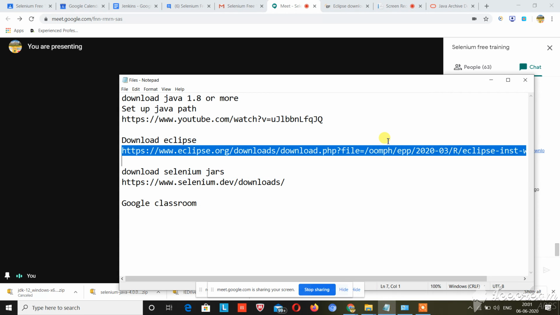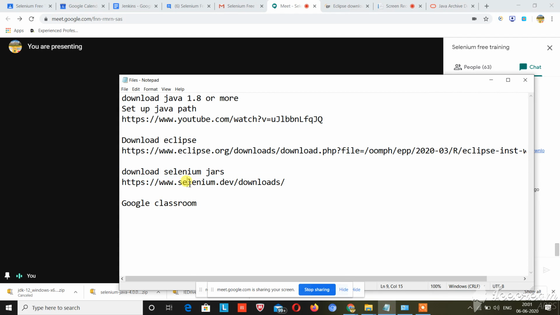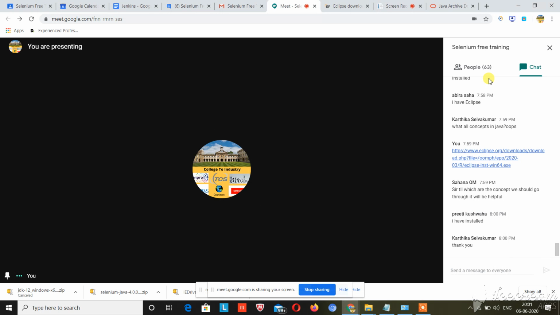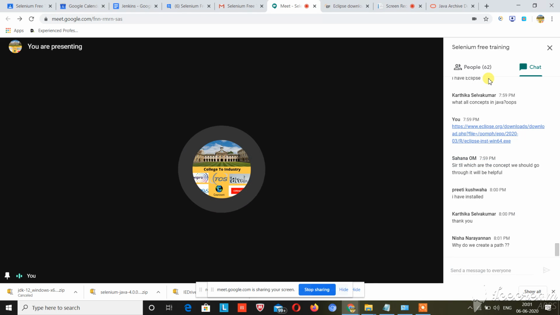Most important thing guys, download Selenium jars, because Java is not Selenium; Selenium is basically a third party tool which automates the things. Suppose in manual testing, what you guys normally do, if there is a form, you just fill that form and hit enter, and you check on the database that the data is stored.